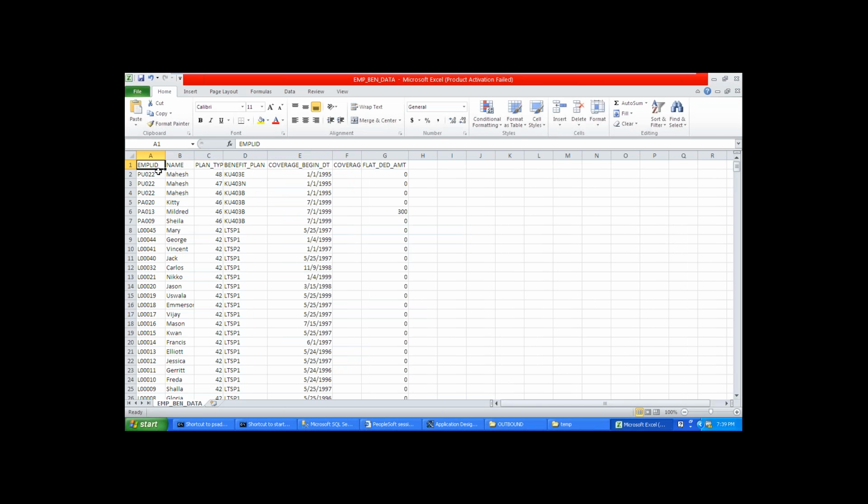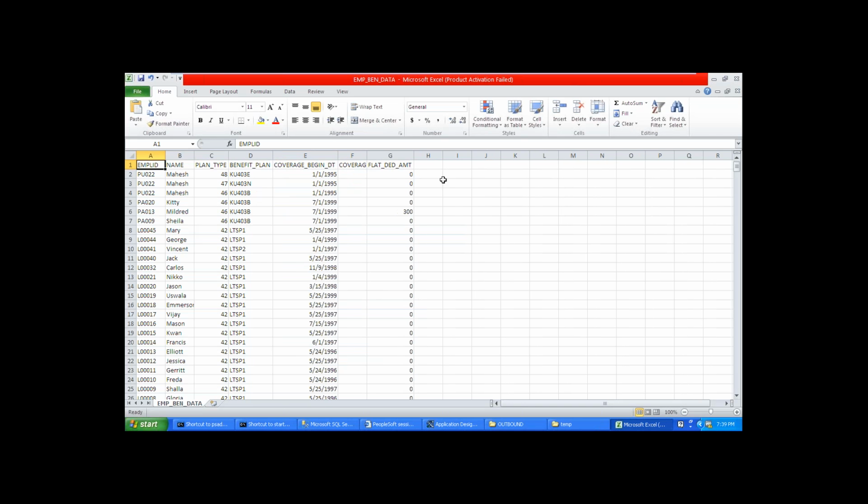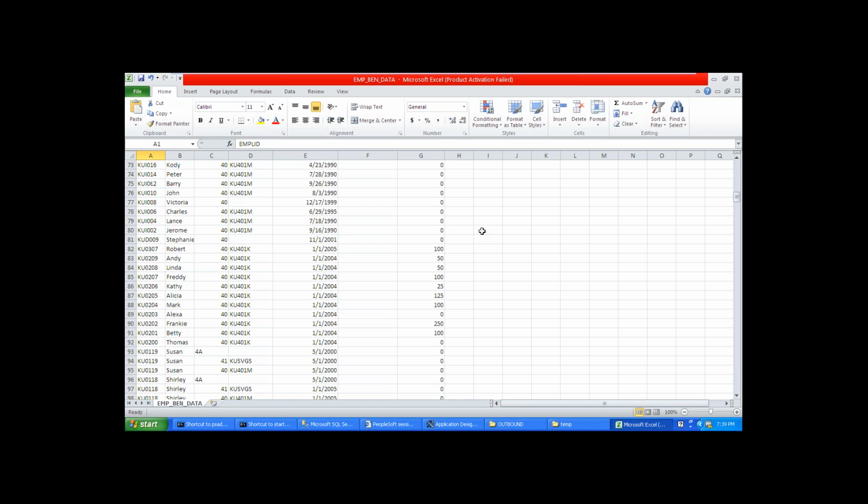This is the employee name, plan type, benefit plan, coverage begin date, coverage end date, flat amount.